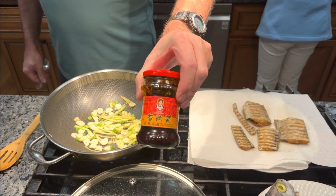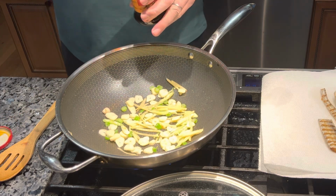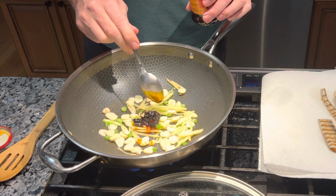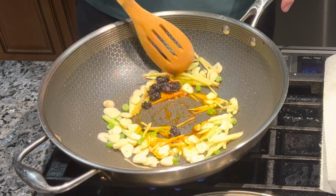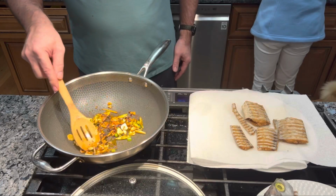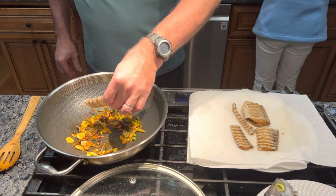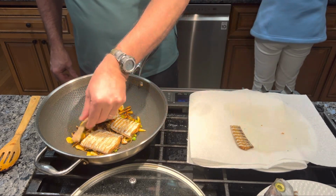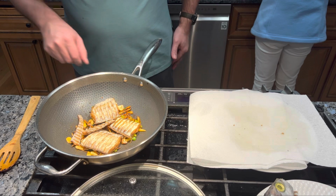I'm also going to add this spicy bean paste to it. A good tablespoon. Mix that in. Now we add back in our fish. I'm going to turn our heat down to medium low,